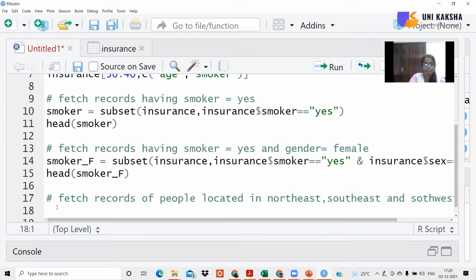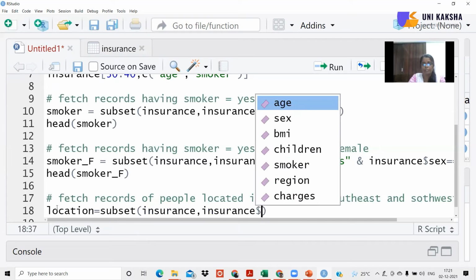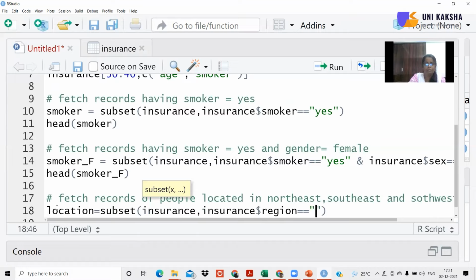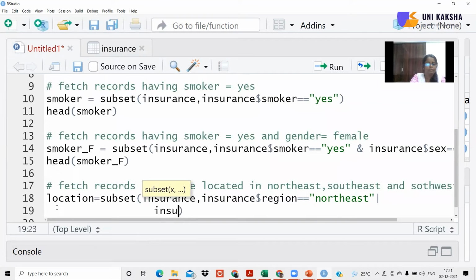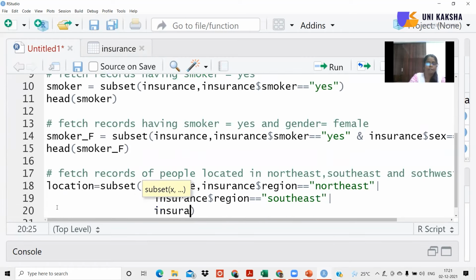So I can say location is equal to subset. This subset is again generated on insurance, wherein the value of insurance dollar region is equal to northeast, or the value of insurance dollar region is equal to, say, the next one, southeast, or the value of insurance dollar region is equal to southwest.